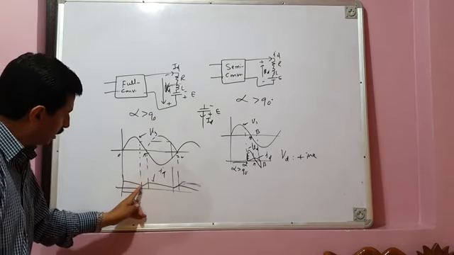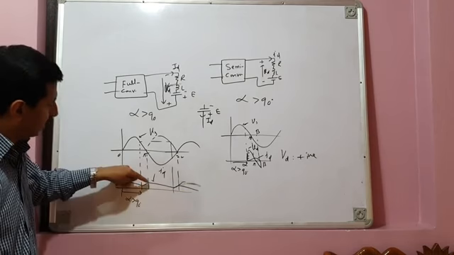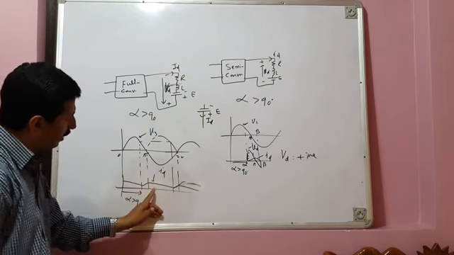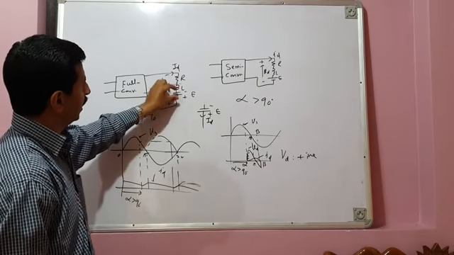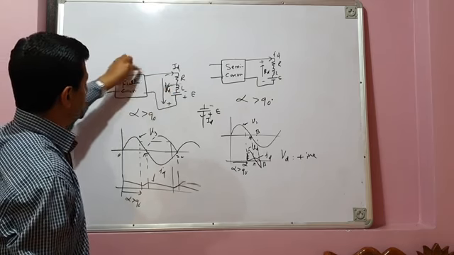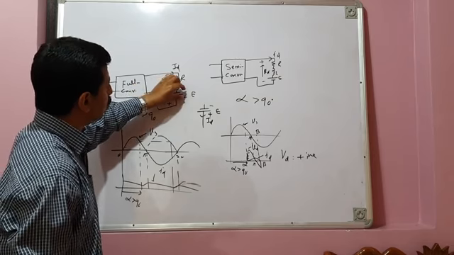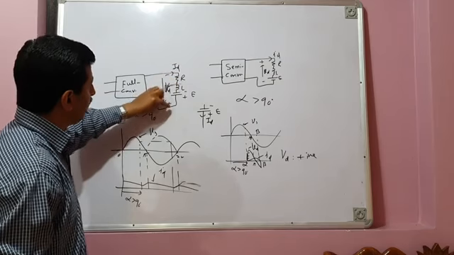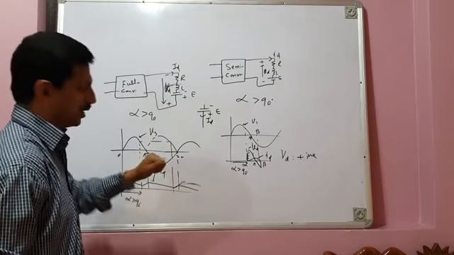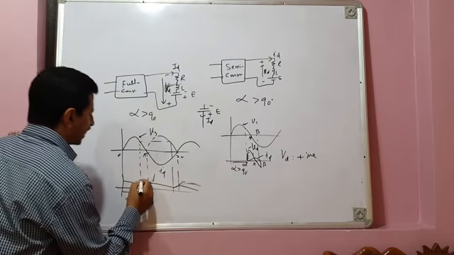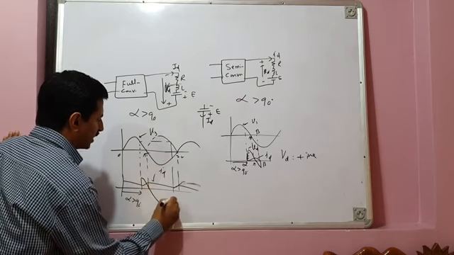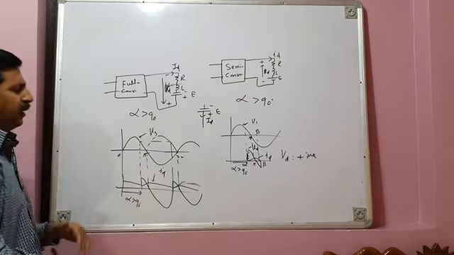Even though the energy stored in the inductor is for a very small time, and the inductor should have released its energy very soon and current could have become zero somewhere here, because this E is greater than Vd, this E supports the flow of current. It is this E, the voltage source or EMF of the load, which causes continuous conduction and makes current flow for a larger period. As a result, your load voltage is like this: a small positive segment and a large negative segment, and again a small positive segment and a large negative segment.